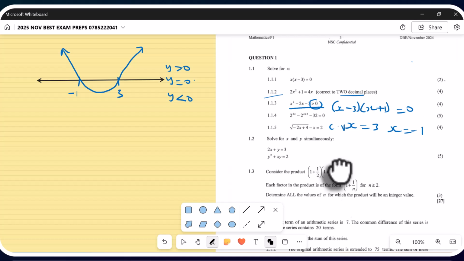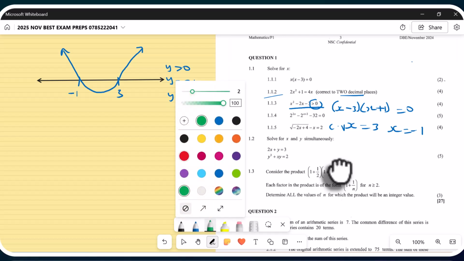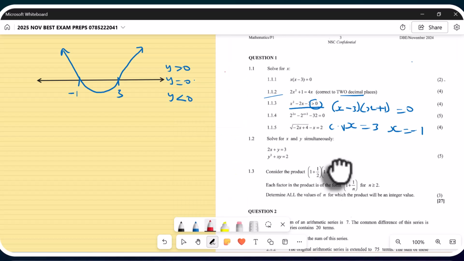As you can see, this parabola, starting from this 3 here, it is above the x-axis, so what are my x values here? They are going to be the x values which are bigger than 3, right? So my answer is here, I'm going to say x is bigger than 3, altogether, or